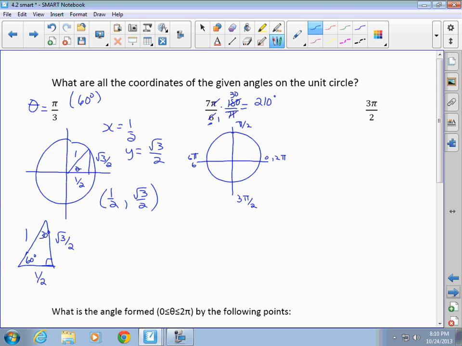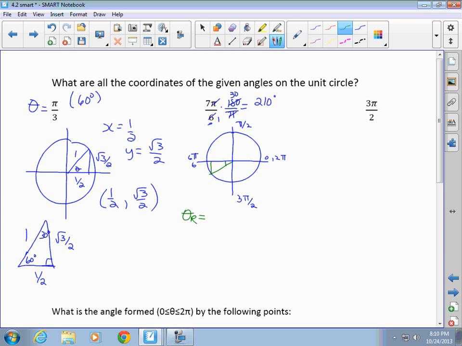So I'm just going to do this in another color. So this is going to be like that. It's going to be a fairly skinny triangle. So this is what this would look like on here. So 210 degrees, or if you think of it in the radians, 7 pi over 6 is close. It's in quadrant 3. So to find my reference angle,